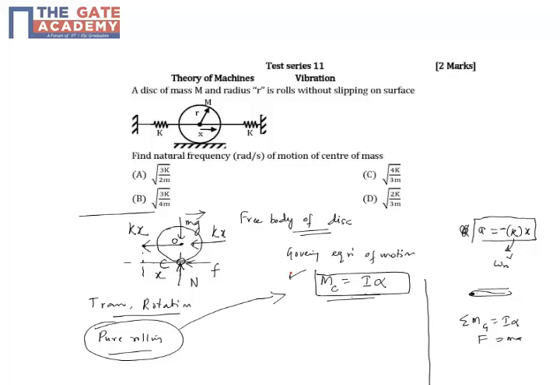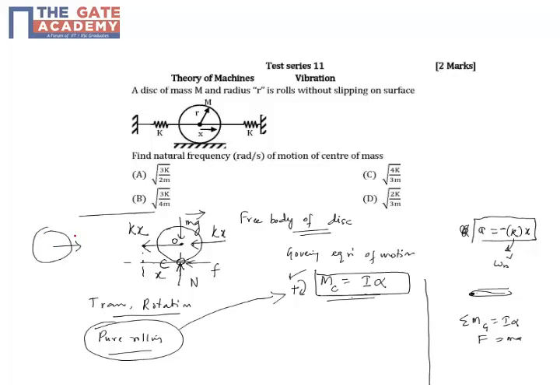The second thing is that we are applying this because the friction and the N, which pass through the contact point, can be eliminated by applying this equation. So that's the idea of applying this. So moments about the contact point C: mg, N and F are passing through it. So kx will, so we assume that okay, so here